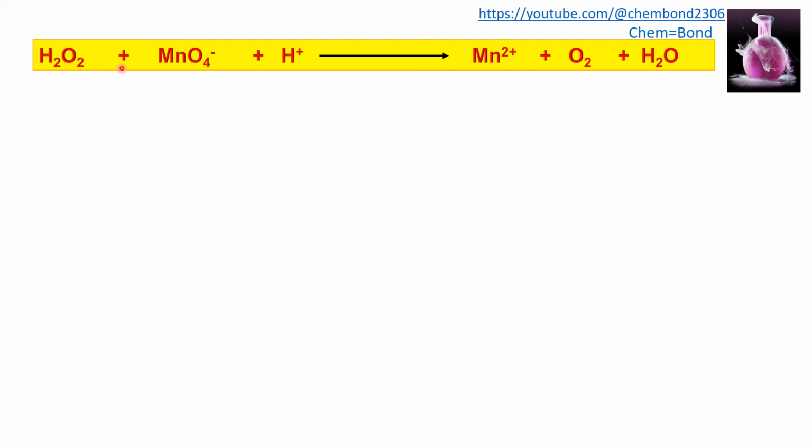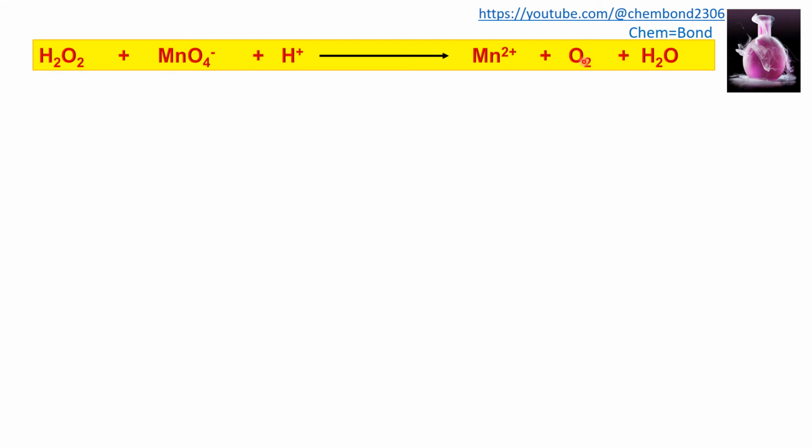Hydrogen peroxide will combine with permanganate anion in the presence of acidic medium. It will produce manganese 2+, oxygen in free form and water. Now we will split the oxidation and reduction half reactions. In H2O2, the oxygen has minus 1, and in O2 it has 0. So minus 1 is converted to 0, which means that it will lose electrons